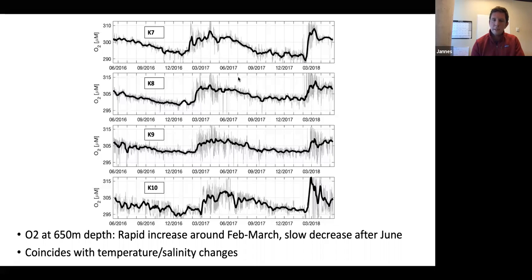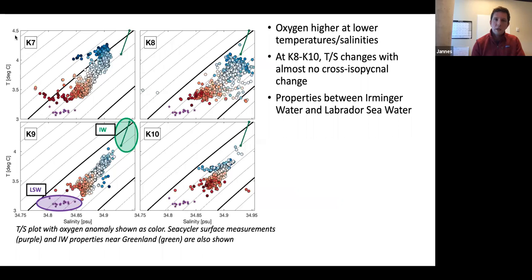So it's about the same for all of the different moorings, with small differences, which I won't get into too much. If you look at the gray lines in the background, the black is a low pass filtered time series, and the gray is the high frequency measurements. You can see that there's also a lot of high frequency variability around it, particularly in February and March, which I'll get into in a bit. And then these oxygen changes also occur together with temperature and salinity changes. So looking more at that,